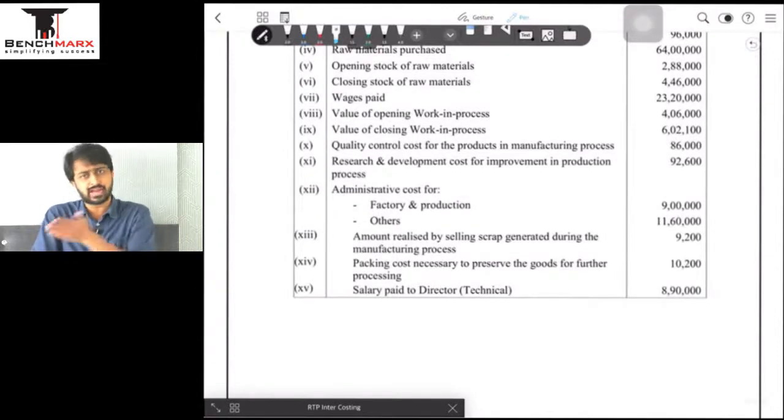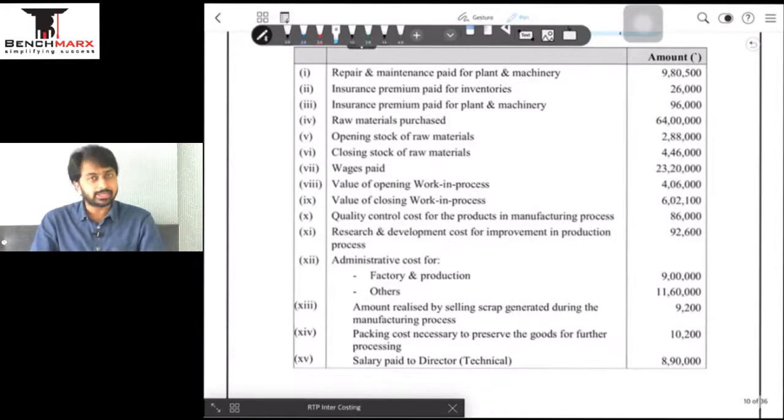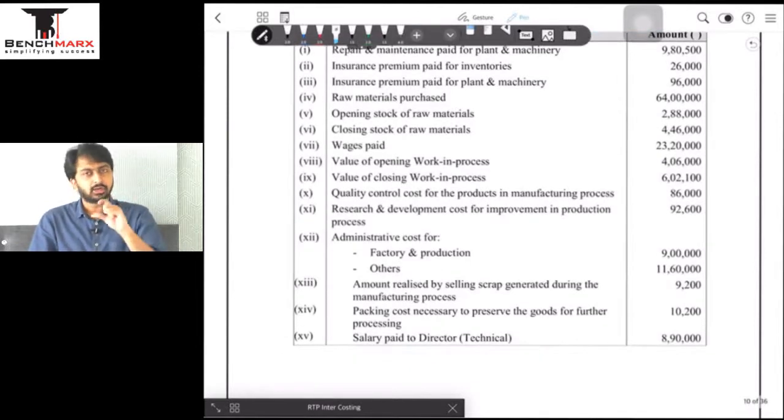It appears to be more of an admin general cost. So no working notes required because we already have all the inputs which are required to make a cost sheet. So we can directly start with the solution. Now, before we start the solution, as per the ICAI solution, they have done a small change in the cost sheet format. It won't affect total cost, but we would stick to what the format is. So we will solve as per our basic format.